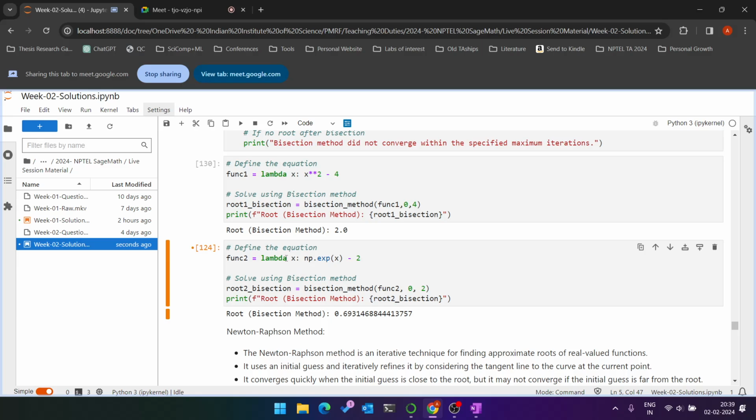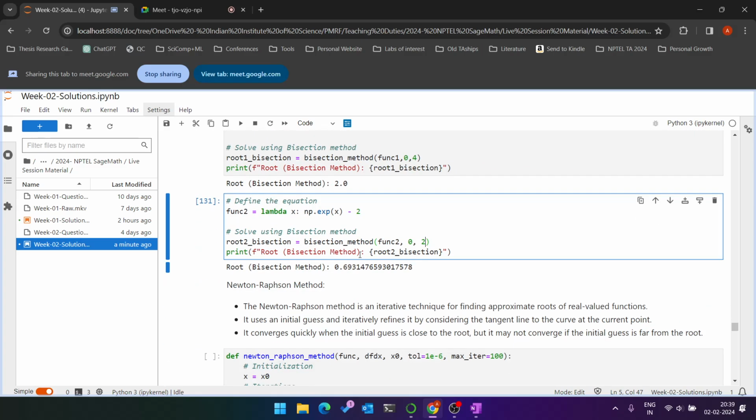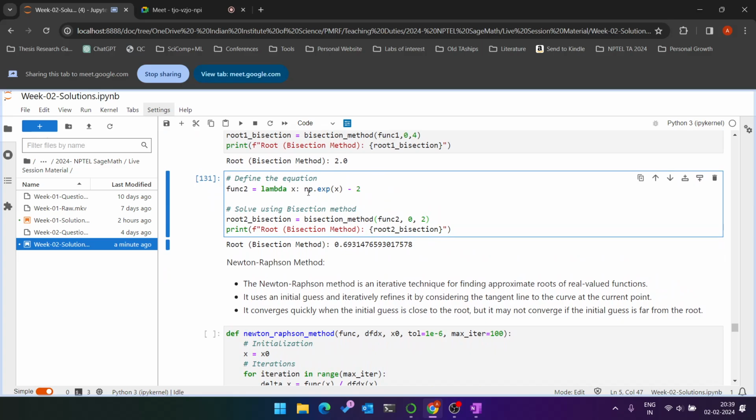A different function that we are looking at here is func2 defined as e raised to x minus 2, and for that we want to find a solution x. So I again invoke the bisection method and ask it to find the root between 0 and 2. It will take some iterations and print it out. Okay. So for e raised to x minus 2, we have obtained the solution to be